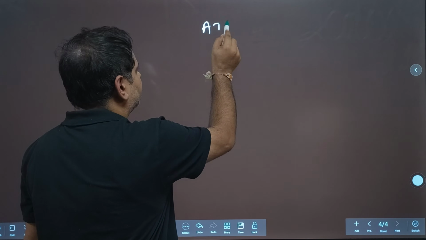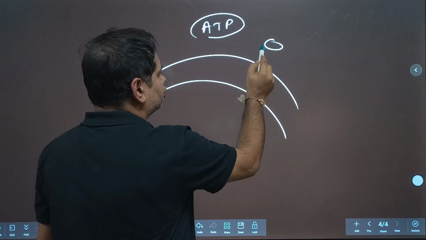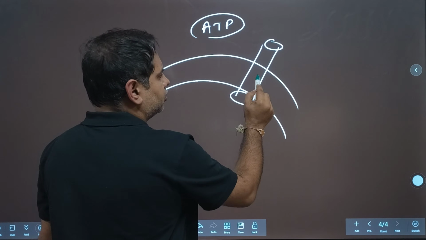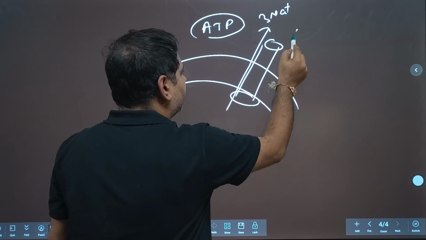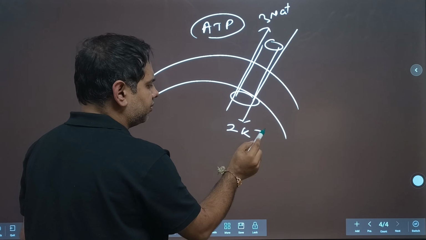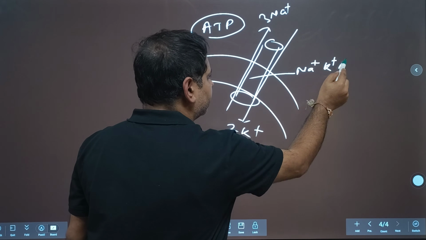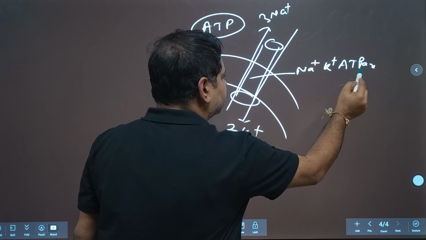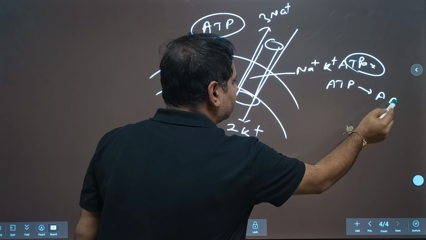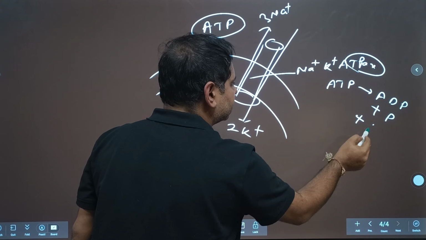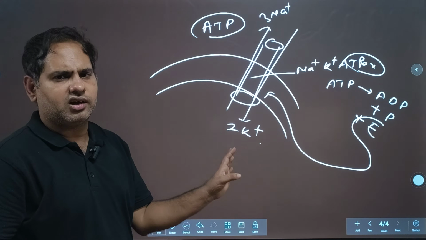एटीपी, आपको पता है, एवरी सेल हैज वन इंपॉर्टेंट पंप, दैट इज द सोडियम पोटैशियम पंप, राइट। जिसमें 3 सोडियम बाहर जाते हैं और 2 पोटैशियम अंदर आते हैं, बहुत बार हमने पढ़ा है। विद द हेल्प ऑफ सोडियम पोटैशियम ATPase, this ATPase is an enzyme which will do the breakdown of ATP into ADP plus phosphate plus energy is released, that energy is utilized by this channel because this is an energy dependent process।